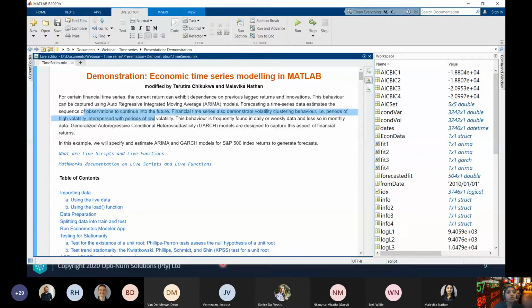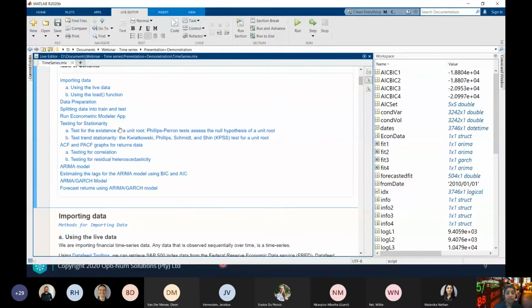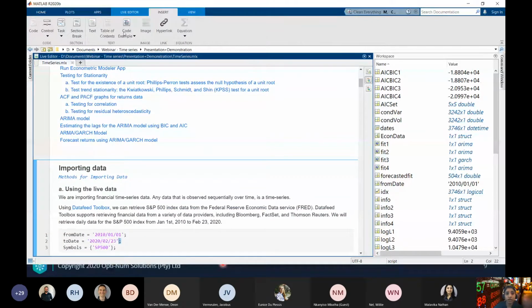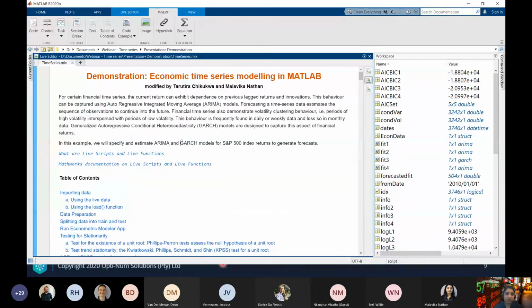Here in the script, there's not only text, but also hyperlinks. If I scroll over, there are interactive links from the table of contents, and over here I have code. If I go to the insert ribbon, I can even include images and equations. If you're interested in knowing how to work with live scripts, you're more than welcome to click these hyperlinks I've